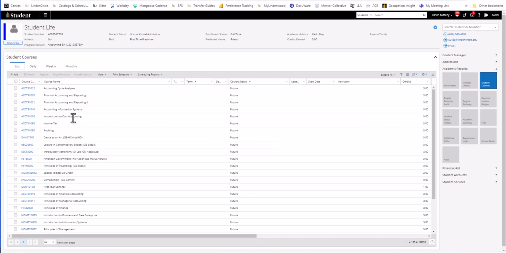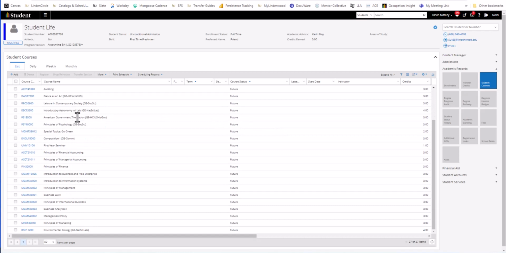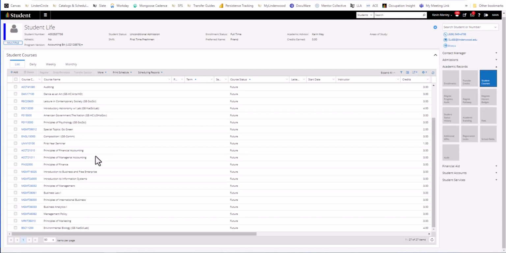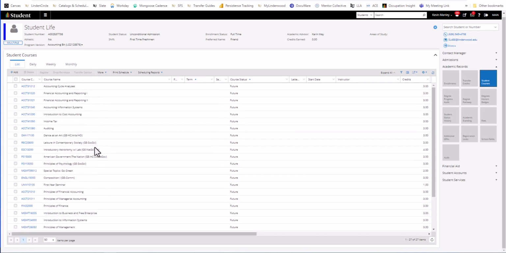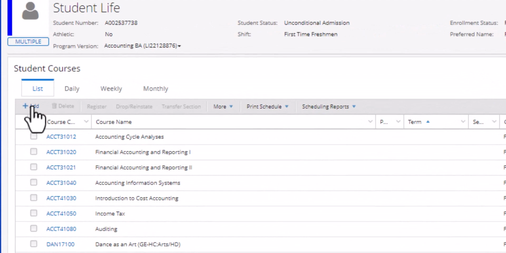Looking down the list, these are the courses that have been pre-prescribed to the student for their degree program. Ideally, at some point, all of the students' classes that they'll need for their degree will be loaded on here. However, some of their free electives and general education classes may be missing. So if there's a class that the student wants to enroll in that is not on this list, you have to add it. To do that, you'll click this Add button,